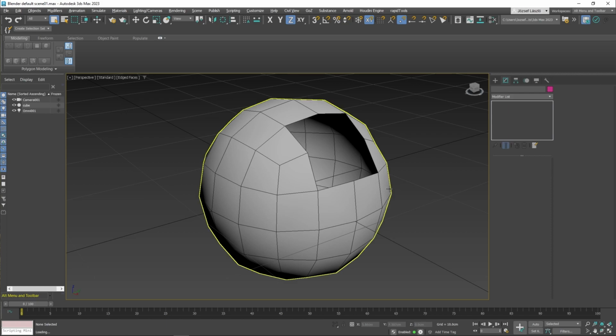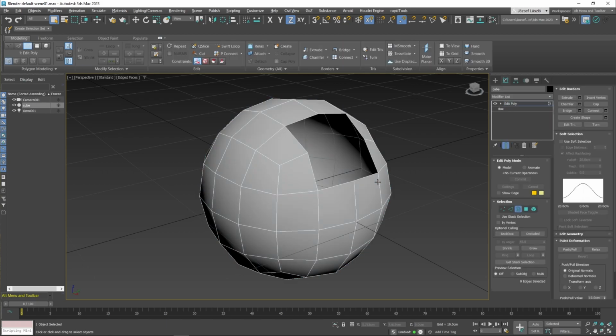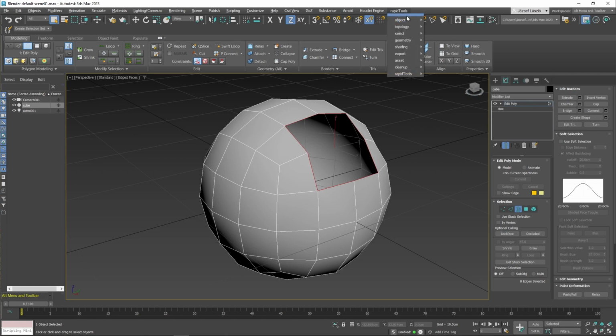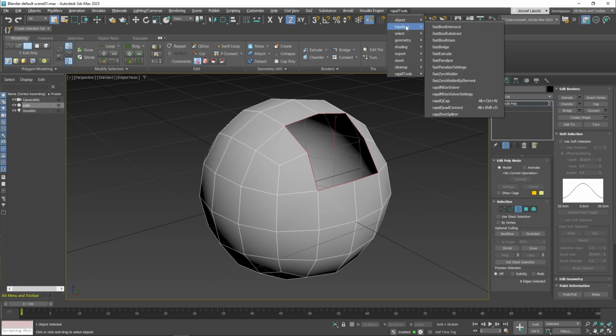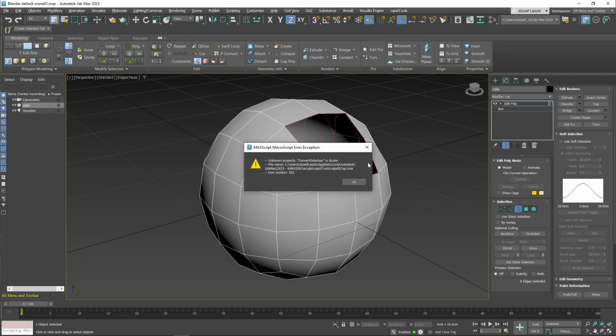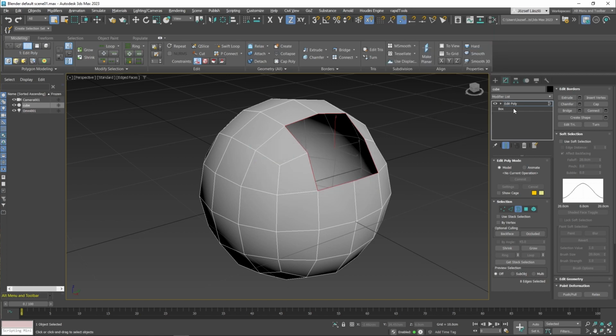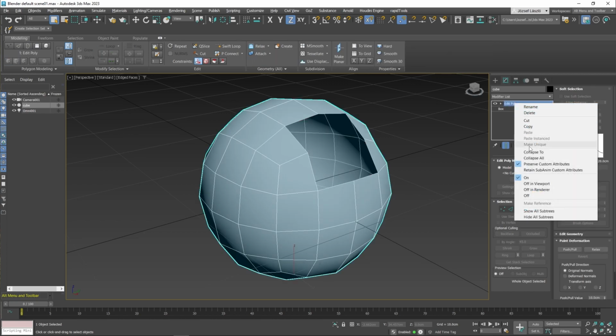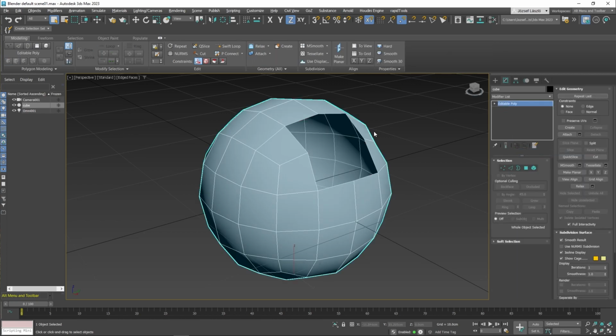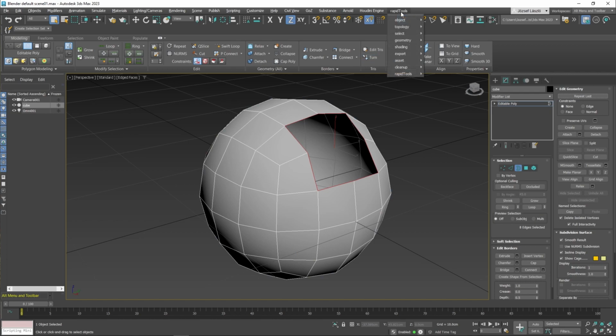In Max there is no grid fill option by default, but if you have Rapid Tools installed, which is a free plugin, you just go up here and say Rapid Q Cap. But it will only work if you have an editable poly, so you need to collapse this. And now I'll try again and see